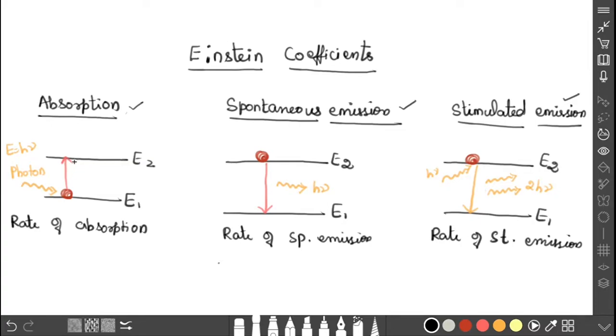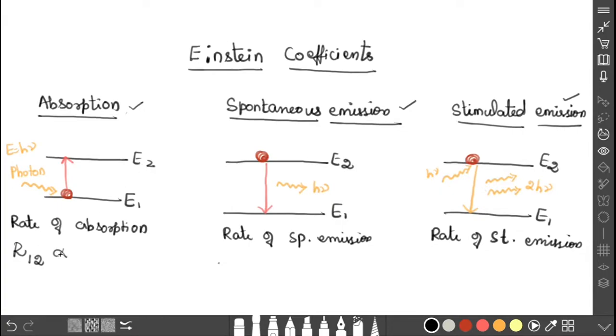This is absorption. How can we write the rate of absorption? The rate is represented by R, and the transition takes place from lower energy to higher energy, that is, energy level E1 to E2. So the atom jumps from energy level 1 to 2. That is R12. R12 represents the rate of absorption from the lower energy level to the higher energy level. This rate of absorption depends on